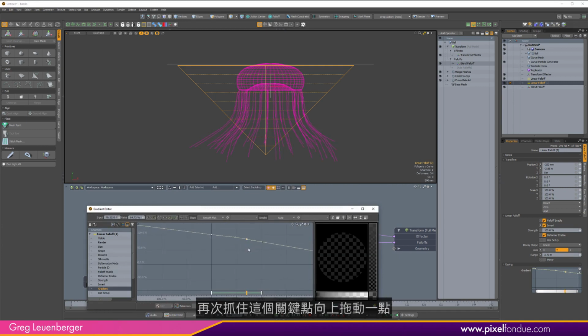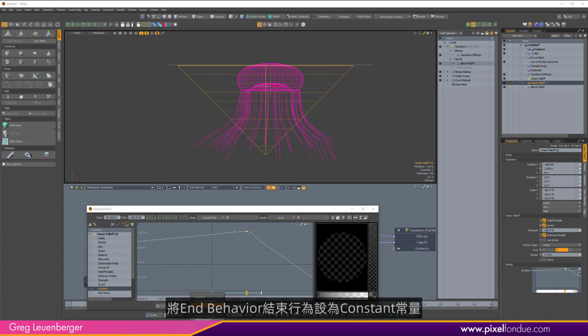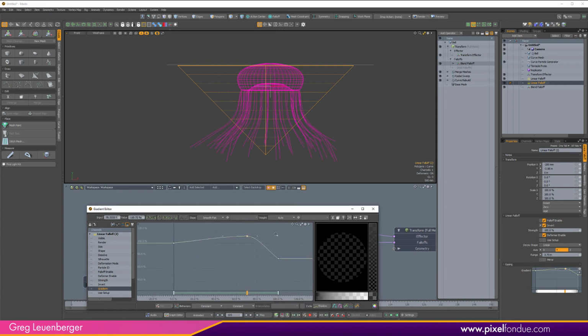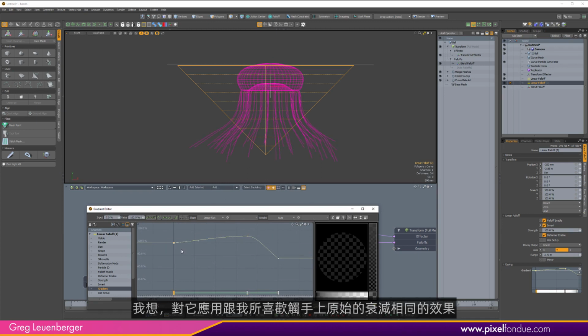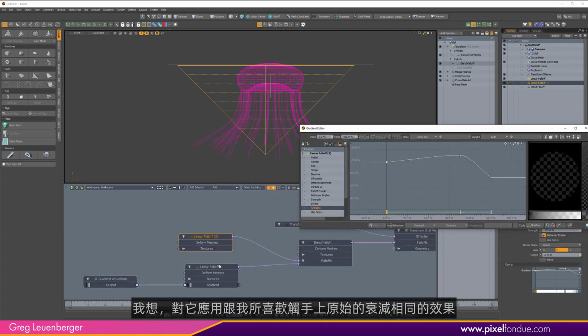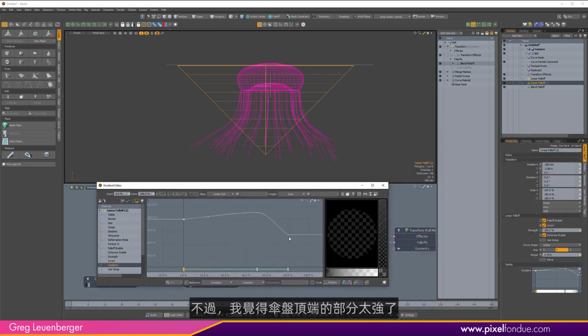So again, we grab this key, drag it up a little bit. I'm going to put the end behaviors as constant so they don't go linear off into infinity there. So just like that. And basically what I'm doing is I'm saying on the left-hand side, I want to multiply, pretty much the same effect. I like the effect I'm getting from the original fall off on the tentacles, but I feel it's too much at the top of the bell, so I'm moving that down a little bit,